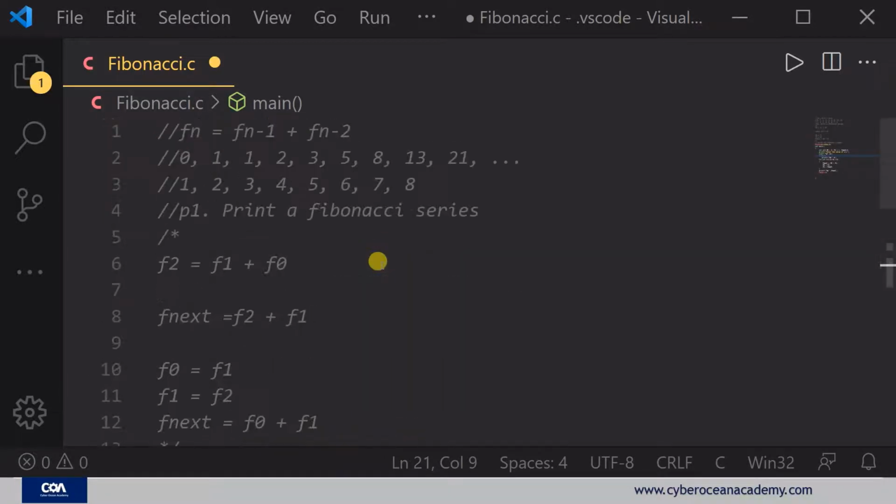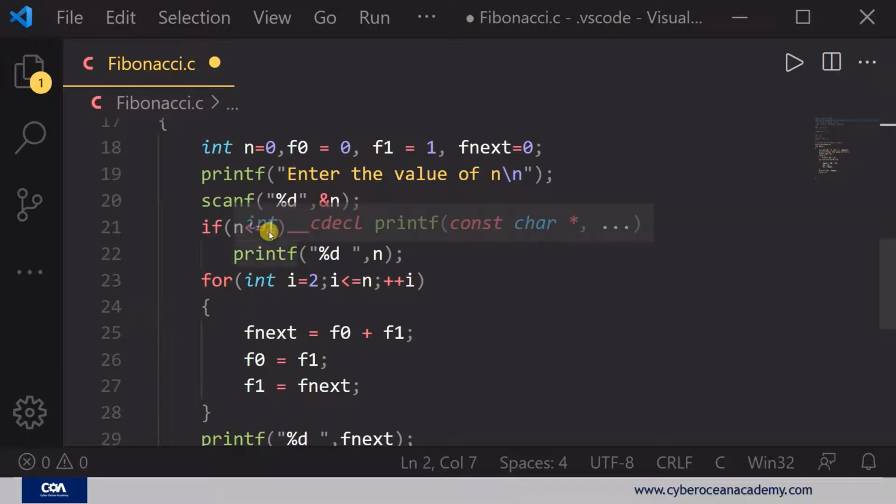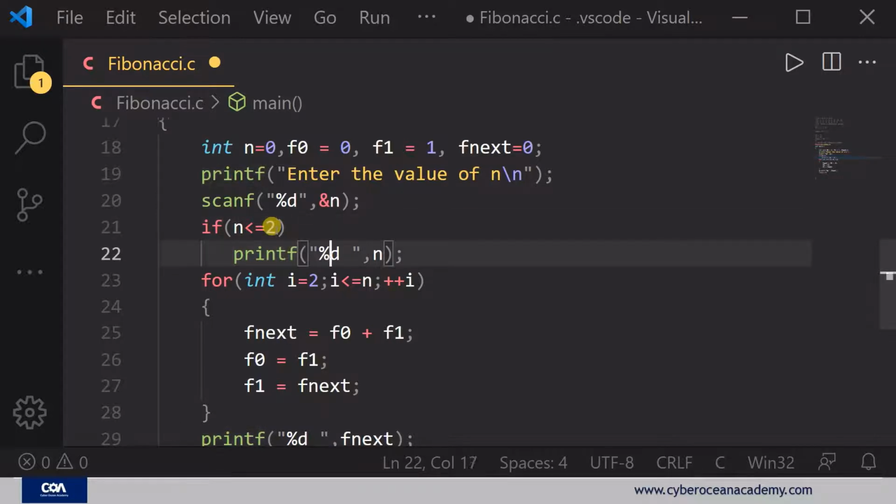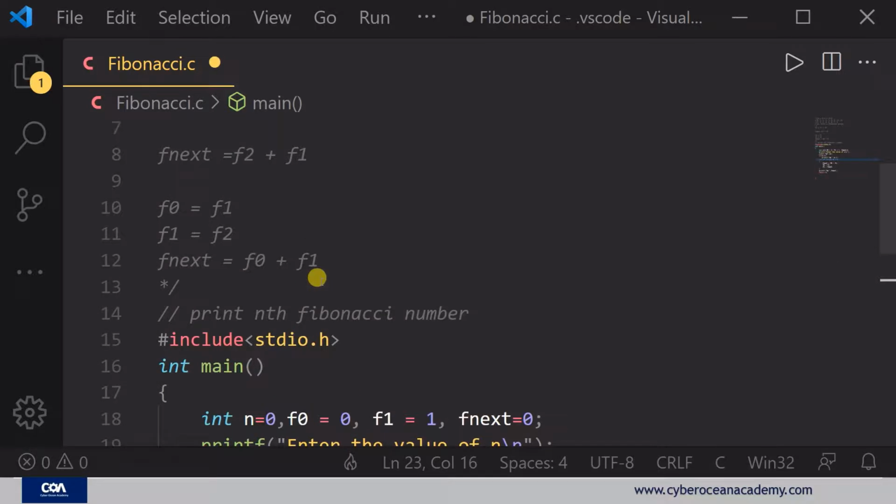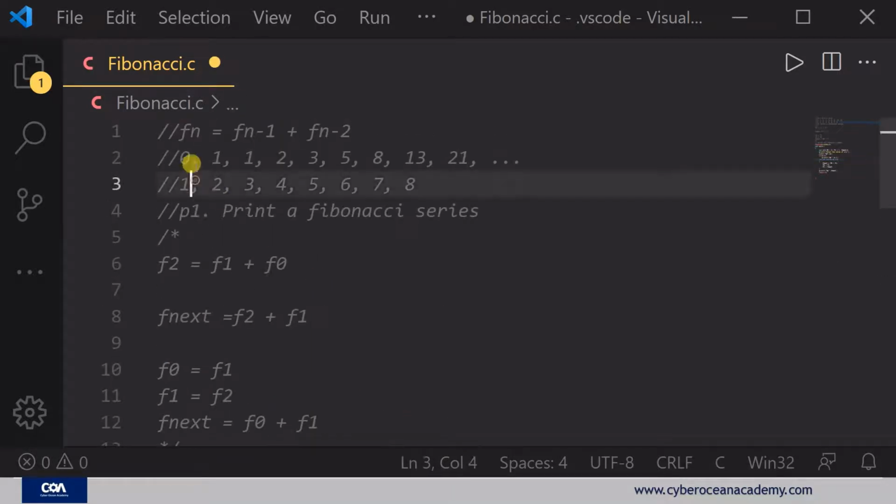Okay, so here if the value of n is 1, that means it is 0. If the value of n is 2, that means 1. So here I'm just going to write for 2 it is 1. So 1 it becomes 2, and here I'm just going to write n minus 1. And here we're going to start from 3. That means the first value is 0, the second value is 2, and the third value is that previous 2